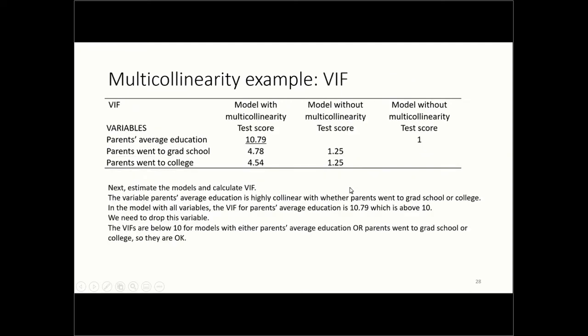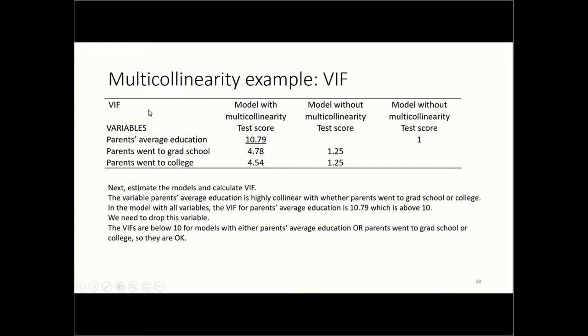So here's what we can do. We can estimate a model where test score is the dependent variable and all three are the independent variables. Test score is the dependent variable with only these two being independent variables. And we can estimate a model where test score is the dependent variable, but parents' average education is the only independent variable. So when we estimate a model that has multicollinearity with the three independent variables and we calculate VIF,